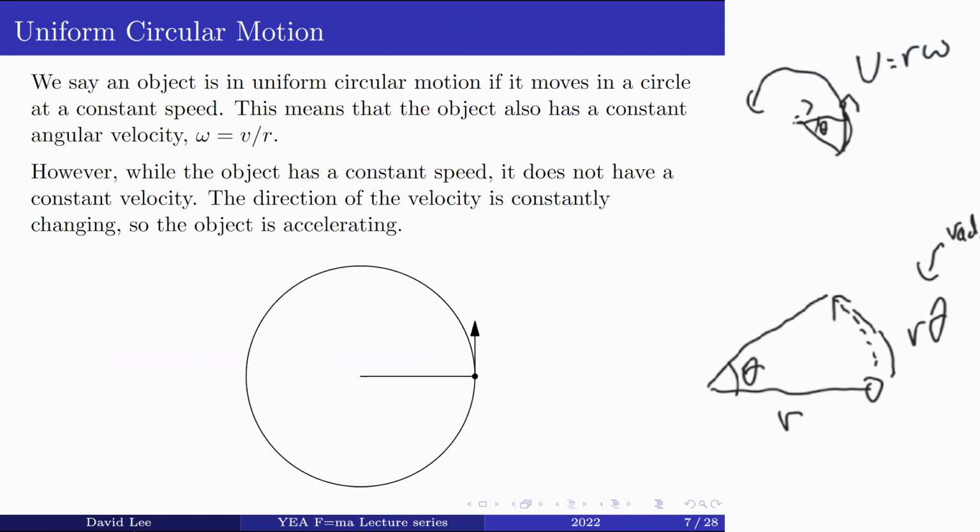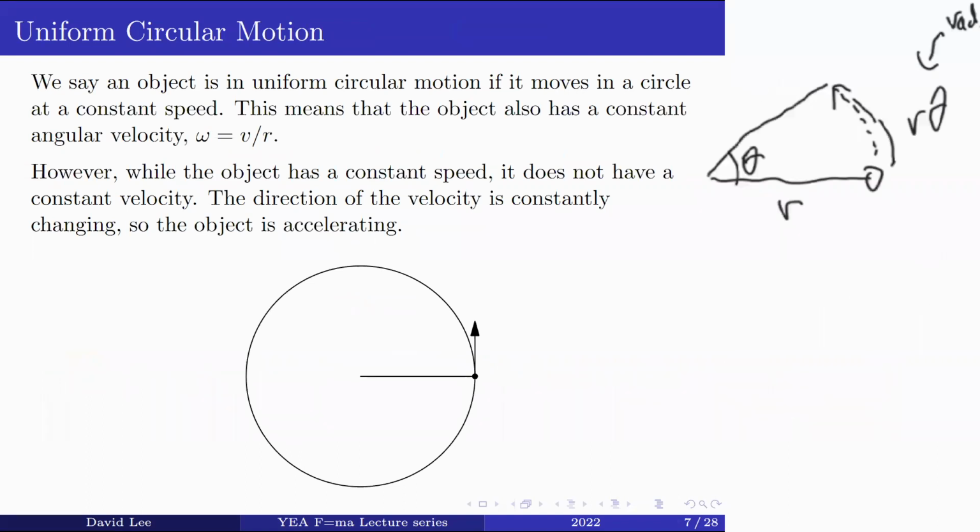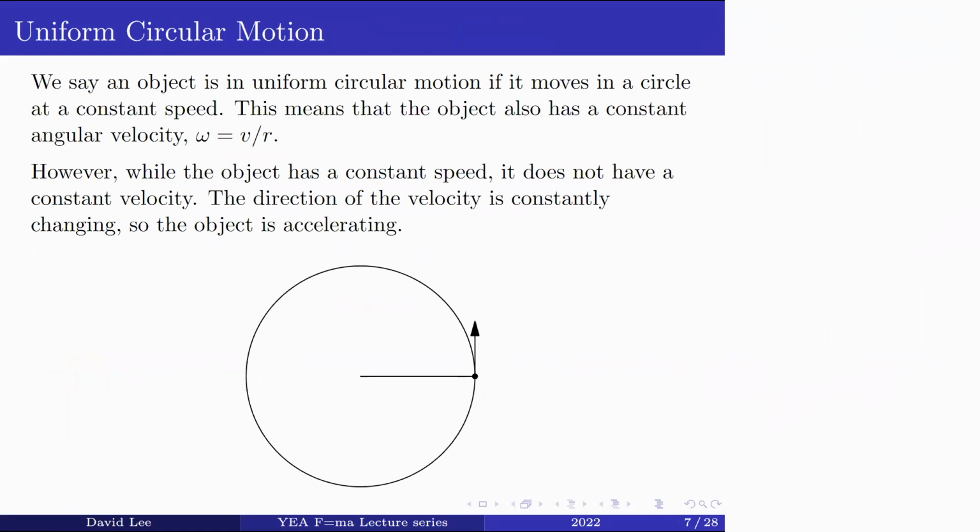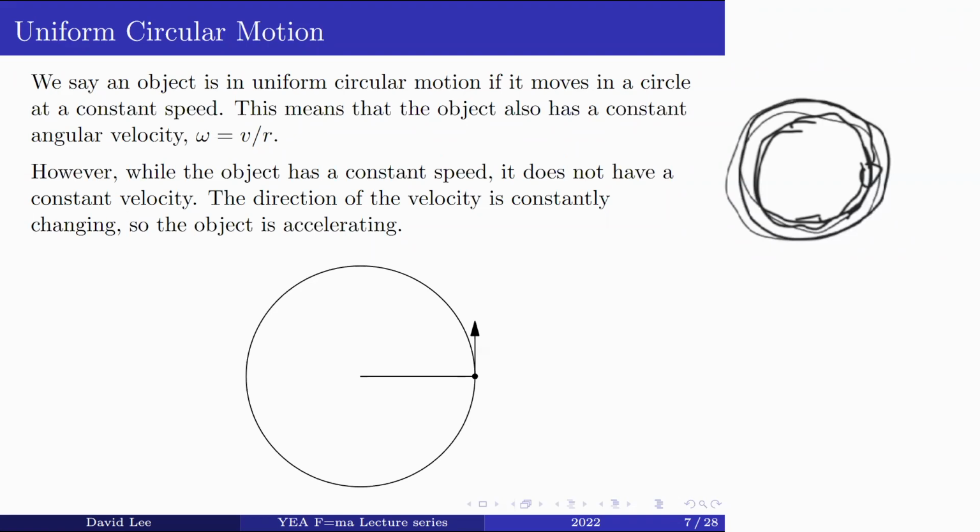All right. Now let's talk about uniform circular motion. This is a special case of circular motion. It's just an object moving in a circle with a constant speed. It's just moving around and around like that. However, its velocity is actually changing here, because if we look right here, its velocity points that way, but a little while later it points that way. And since its direction continually changes,